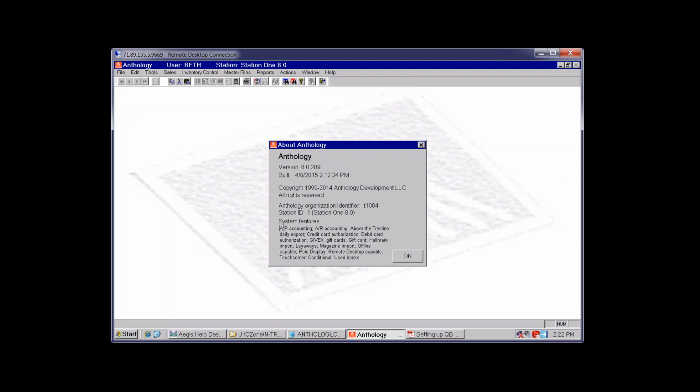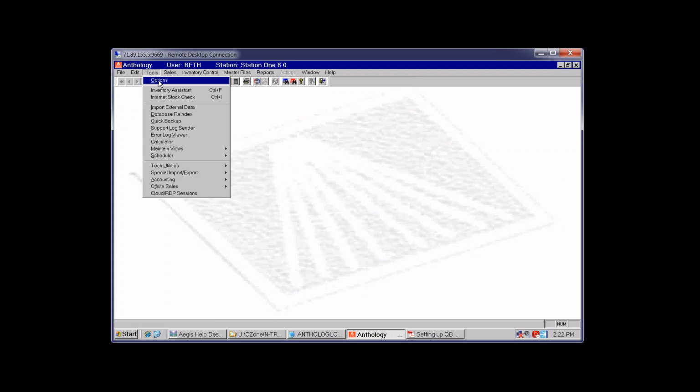Tons of modules enabled, but you can see I've got AP accounting and AR accounting. So I do have both modules enabled on my system. Once I know they're enabled, one of the first parts of setup that we would normally do together is to